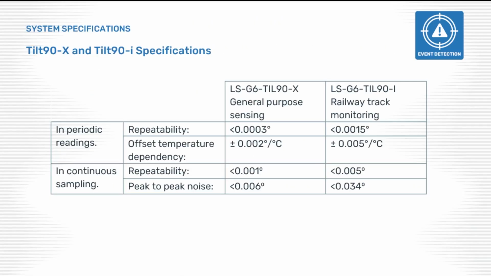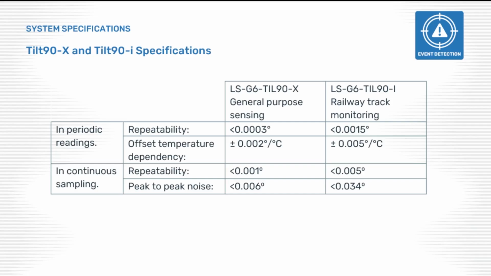So what do those specifications look like? Is it still going to be giving good data, good readings? We've tested this with what we call the Tilt 90X, which is just a regular standard tilt meter with external antenna. We've also tested it with the Tilt 90i, and that tilt meter is a little bit different. It was designed with railway applications in mind, where you have vibrations from the railway use that might be impacting it, so a slightly different accelerometer in the guts, and then no antenna on the outside, because there's nothing a train likes to do more than give you a chance to rip off